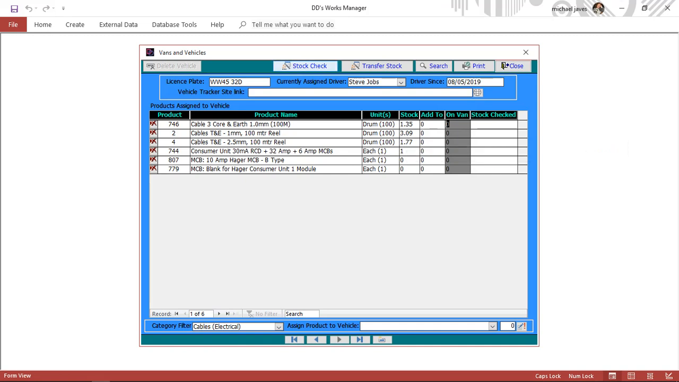Right, click the button stock check up top here, and that will enable you to actually add the items that are in stock on the van directly, because now the actual add to has been disabled. You can't actually add anything to that, but the on van has been enabled so you can actually add things to it. So if we can assume he's carrying say 50 meters,